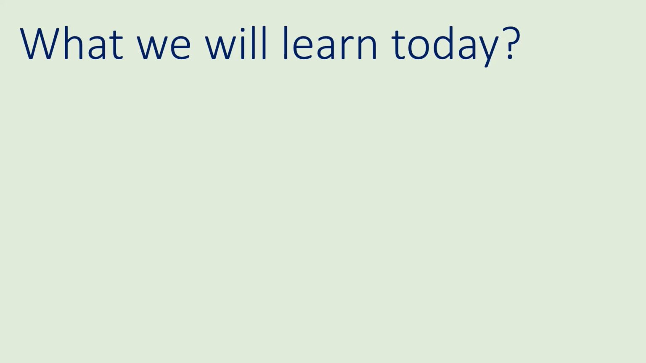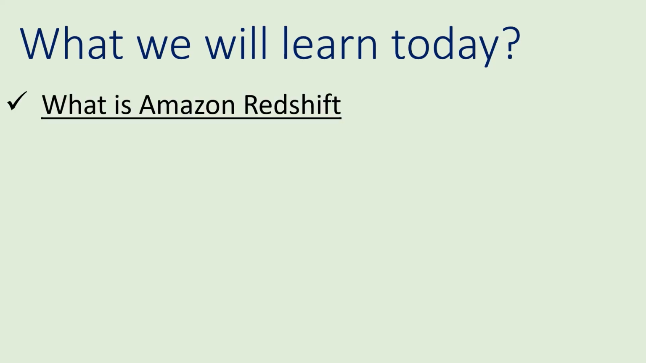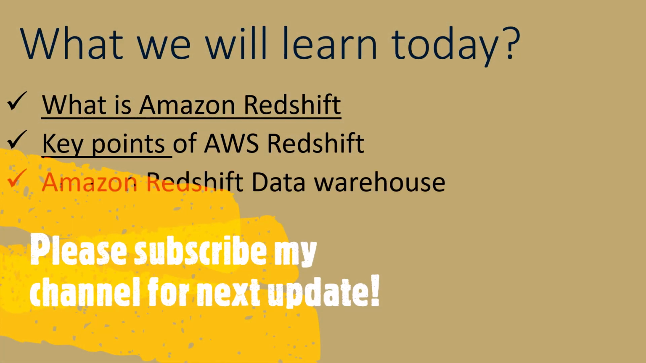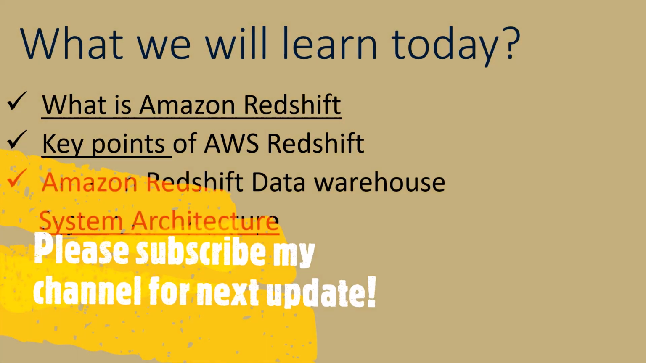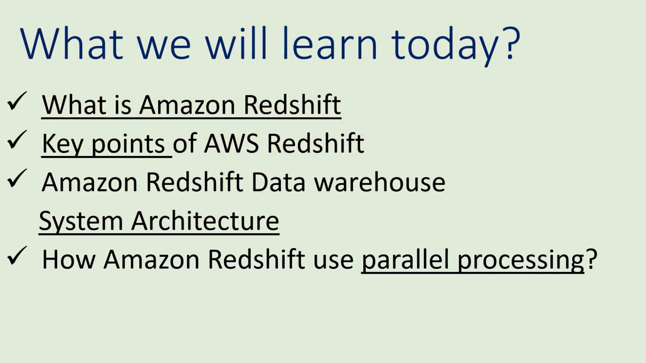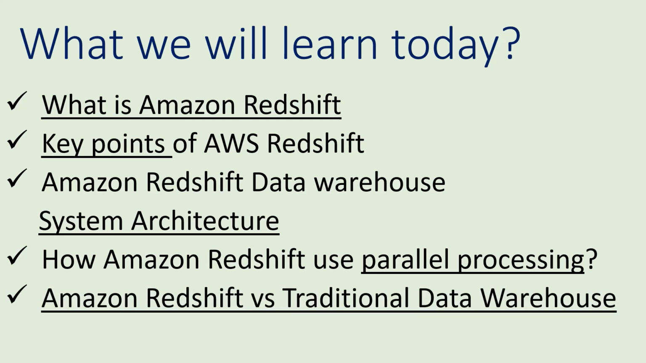Let me tell you what we will learn today. We will discuss what is Amazon Redshift, then we will discuss key points of AWS Redshift. We will look at the AWS data warehouse system architecture, how parallel processing works in AWS Redshift. Then we will look at some of the points Amazon Redshift versus traditional data warehouse so that we can compare